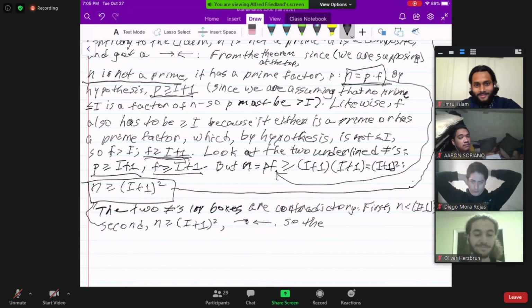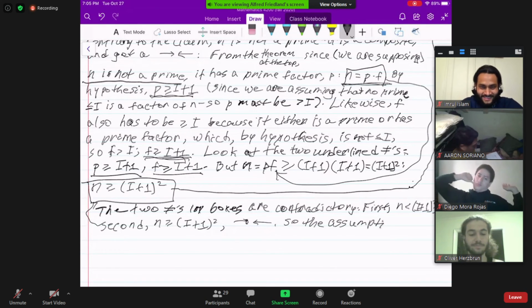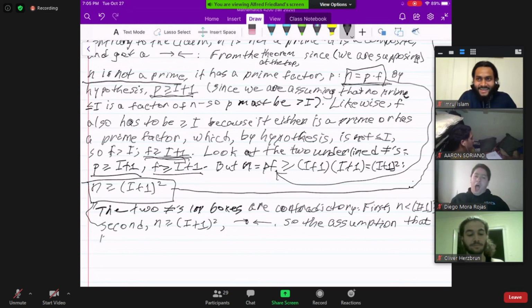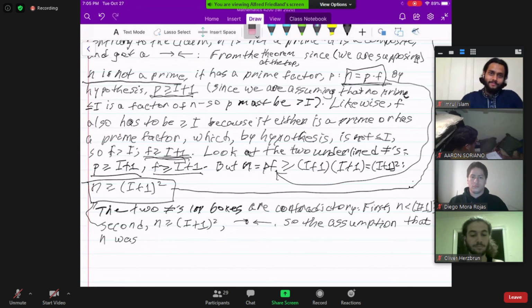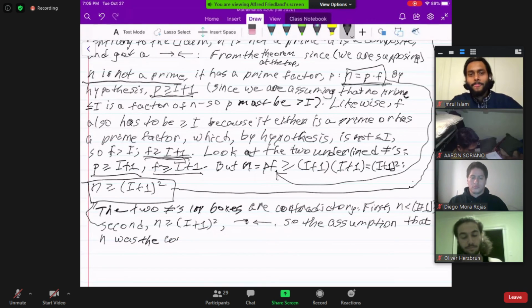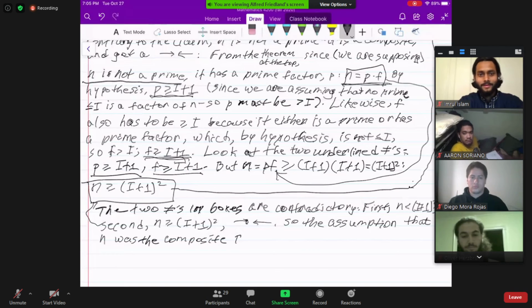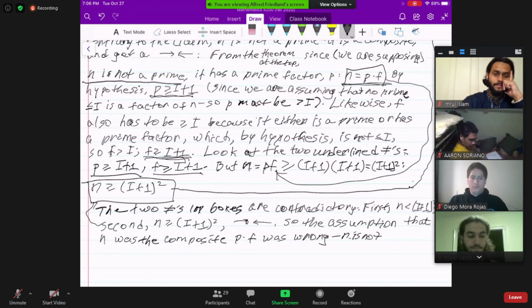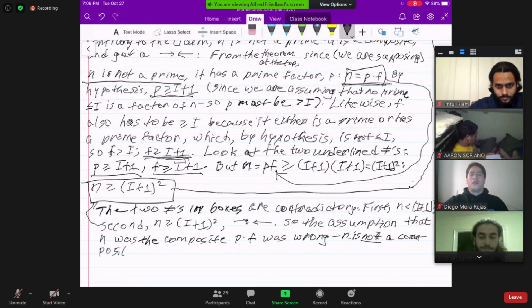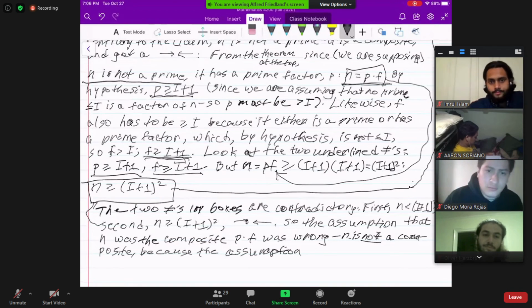So the assumption or supposition that n was the composite p times f was wrong. n is not a composite, because the assumption that it was